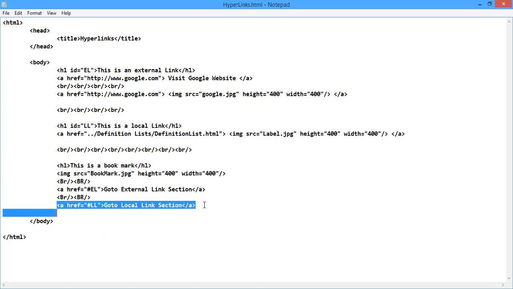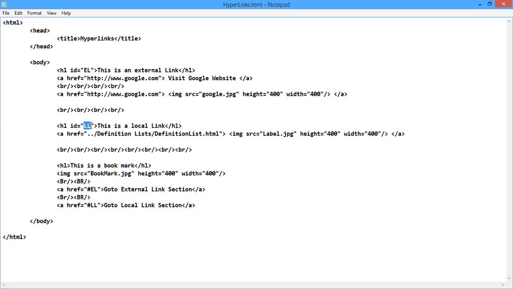Here I have used another bookmark. At the href attribute, I am setting the value #LL. LL is the ID value I have used at the local link section; I have set LL as the ID at the H1 tag.